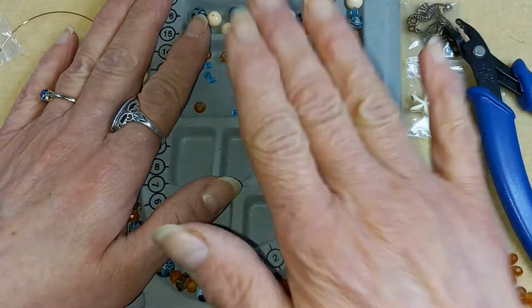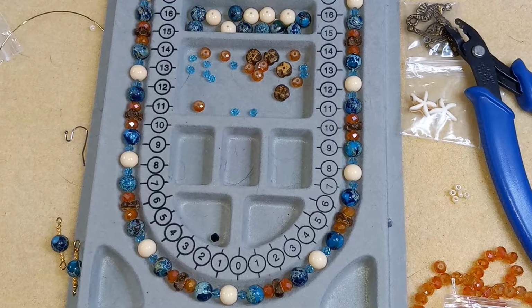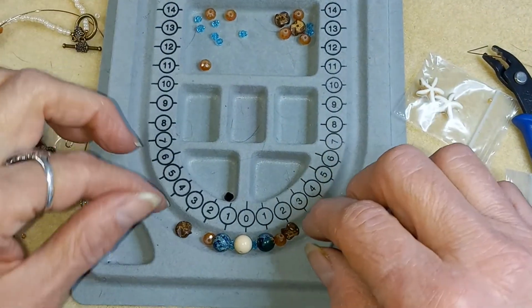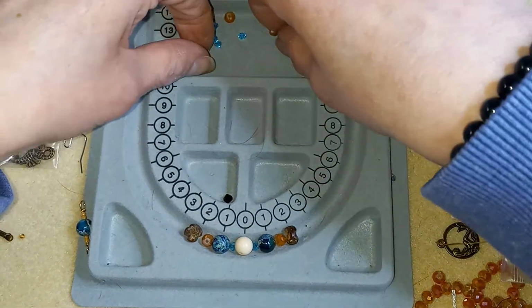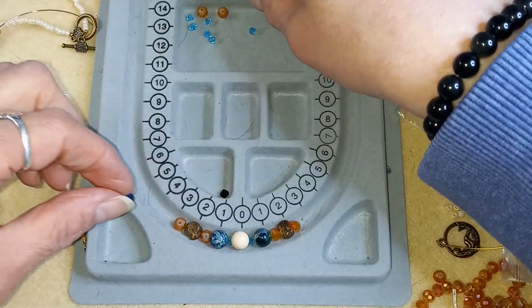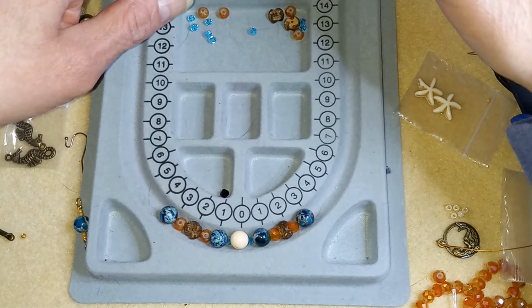Okay, so I'll be back when I get the bracelet made. I'm going to cut off about 9 inches of tiger tail to use. I'll be back. Well, I wasn't going to bother, but I decided I probably should. So what I'm doing now is I'm just lining it up the way I want my beads to go, which is the exact same pattern as I used on the necklace, but I want to make sure I have enough beads for the length that I need. I'm going to go about 7.5 inches because...